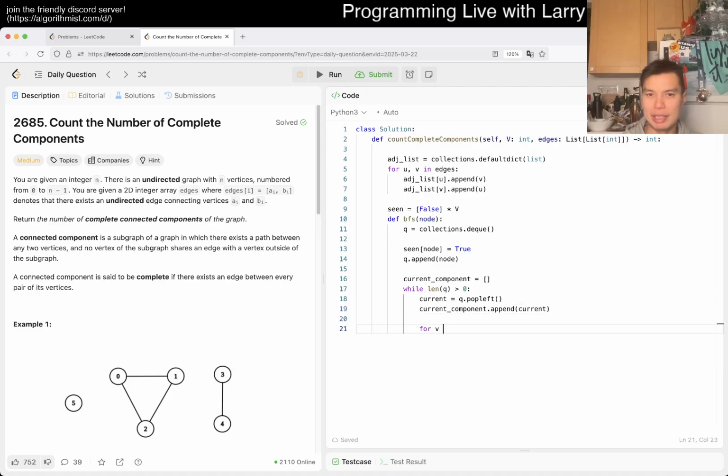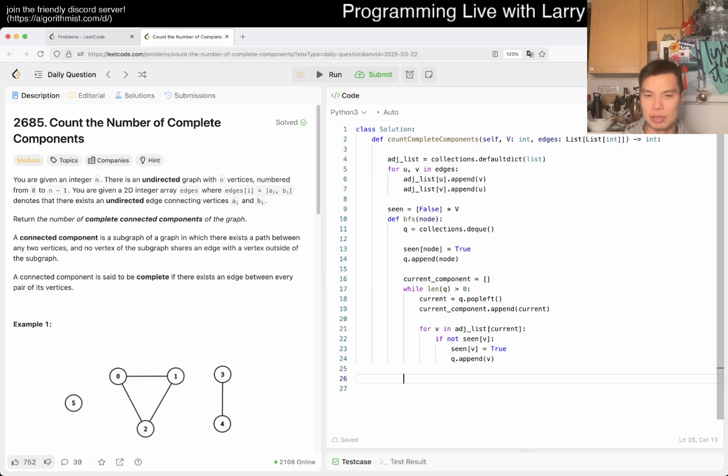So for we in adjacency list of current, if not seen of we, then we mark it as seen, and we also q.append we. And really that's it. And now the reason why we have this current component thing is so that now we can just do